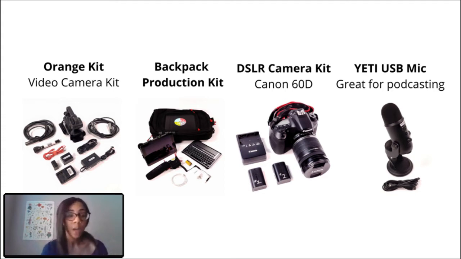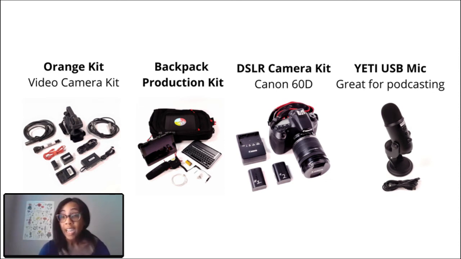So the kit essentially comes with all of your accessories for charging your camera and your file transfer there. The backpack production kit is essentially a portable, sort of on-the-go kit that we've compiled into a backpack. It's got an iPad 2, I believe, and the accessories for creating your content on the go there. So another little handy piece.